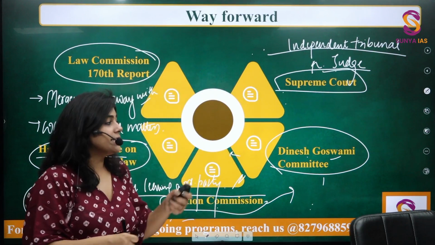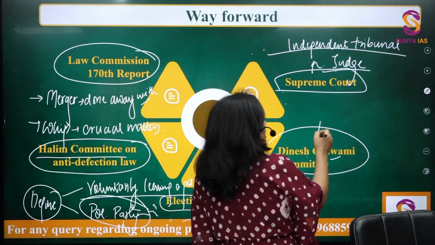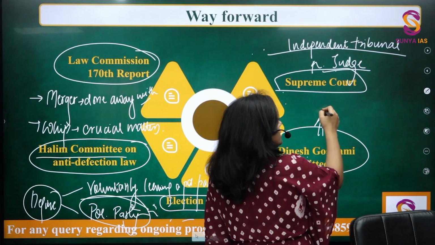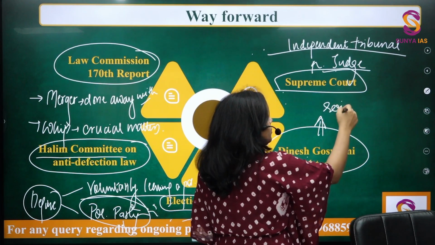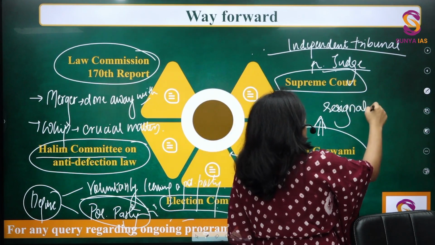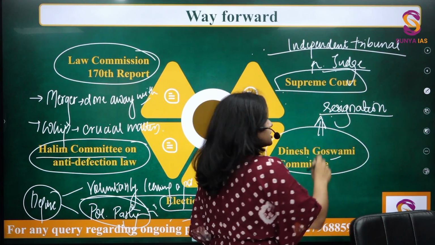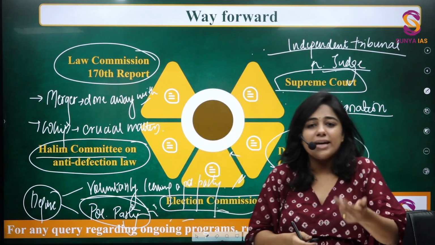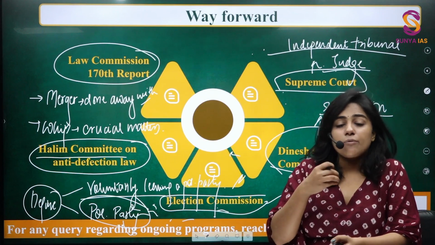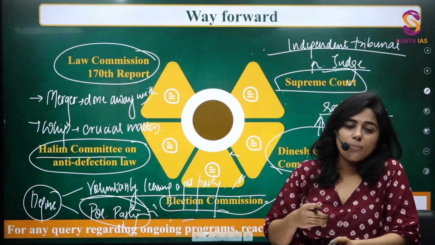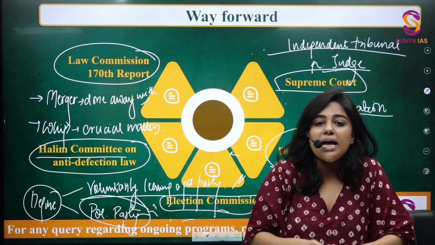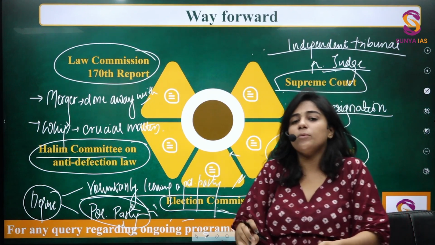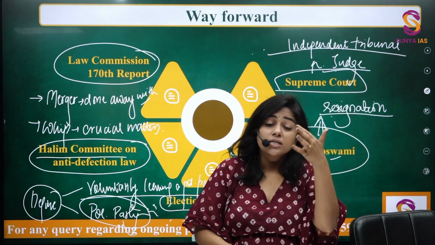So the disqualification will be limited only to resignation from the political party. Right? You cannot take actions or speech or anything to be counted as leaving a political party. So the MP or MLA has to formally resign from the political party or defect to be liable